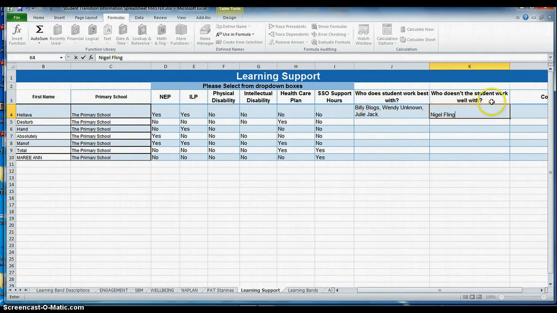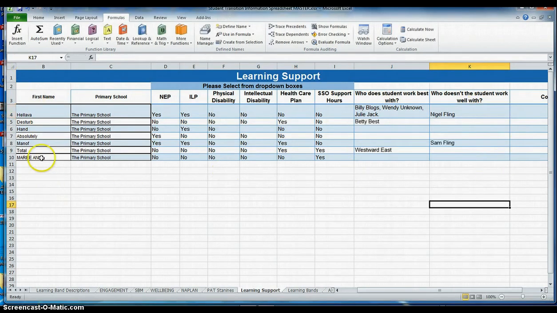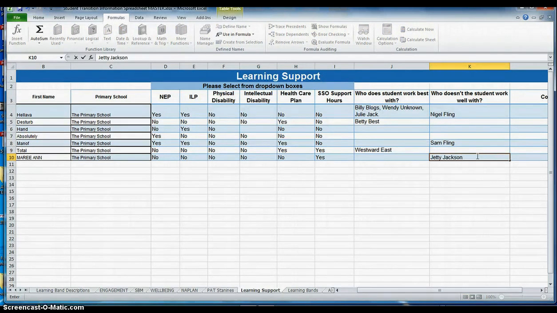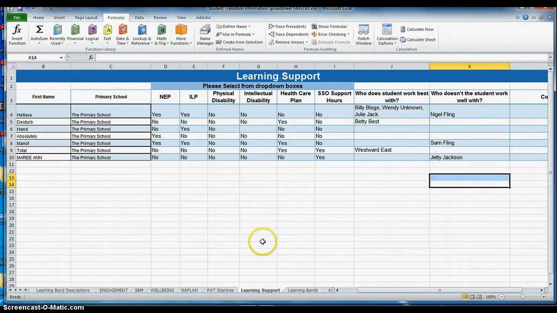If they don't get on well together, we'll put them into separate home groups. So this particular person doesn't work well, say, with Judy Jackson. There you go. Again, as before, if you finish with that worksheet, you go to the next one,